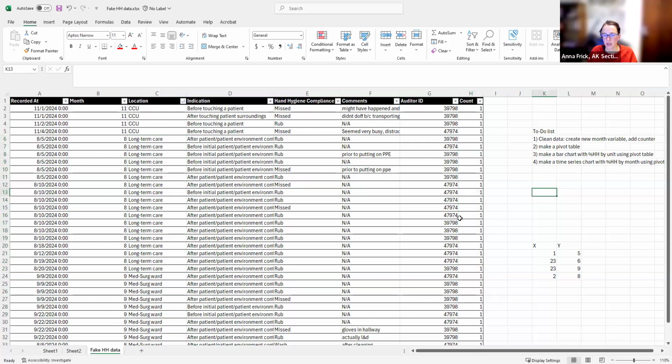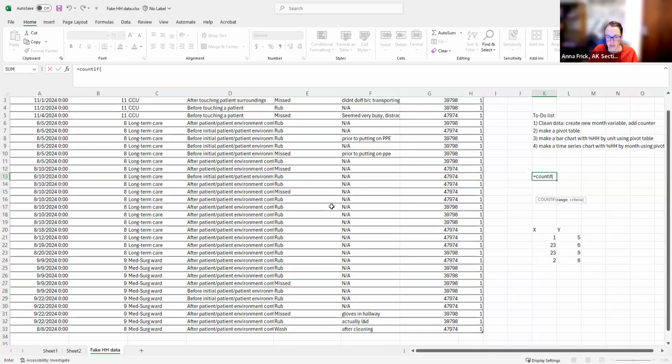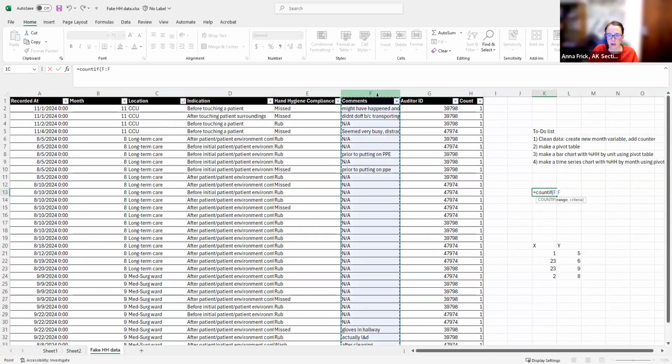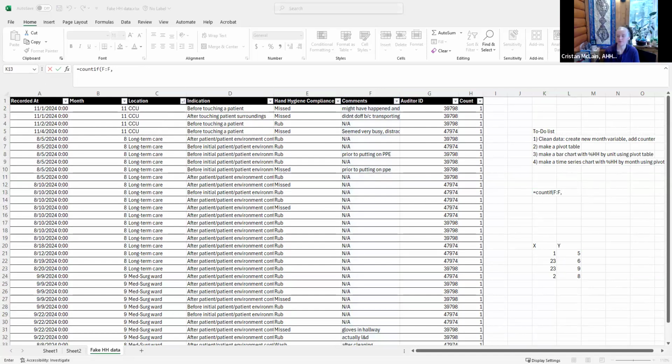But if these data were larger or more complicated or had other reasons to care, I could use COUNTIF to... I'm trying to think of an example that would be useful for this. Maybe I'm just idly curious to know how many cells in here... Oh, here's a good one. How many of these involve gloves? So I've highlighted that. And then, ooh, COUNTIF gets mad if you do text searches, doesn't it? You just have to put it in quotations. Yeah, that's right.